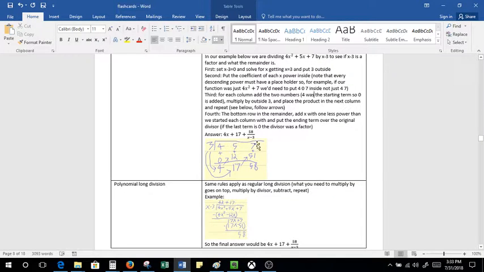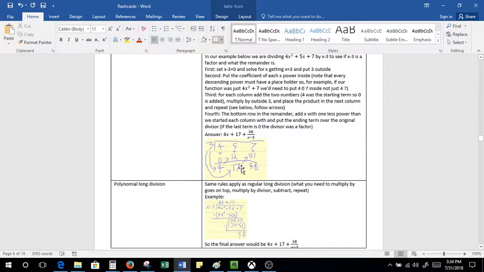And then what you do is you add what's inside down, and whatever this number is, you multiply it by the 3. So obviously when we started out there was no other number here, so 4 plus 0 is 4, then 3 times 4 is 12. 5 plus 12 is 17, 17 times 3 is 51. And 7 plus 51 is 58, and there's no more work to do. So what this did then is